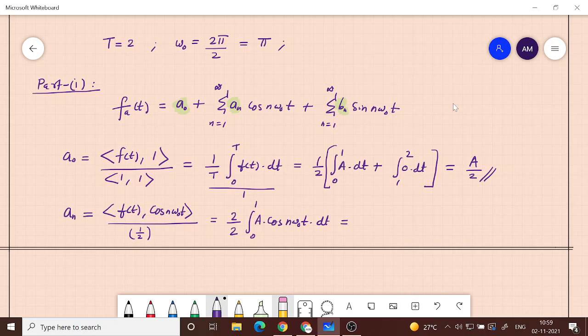So this 2 goes here, and this 2 is T. So it is basically